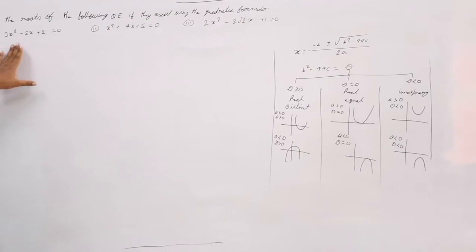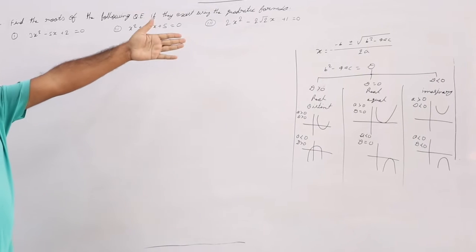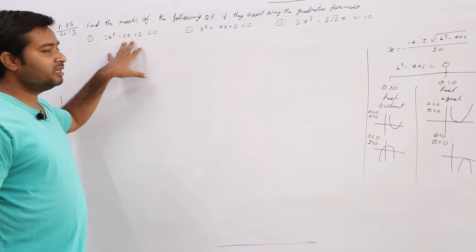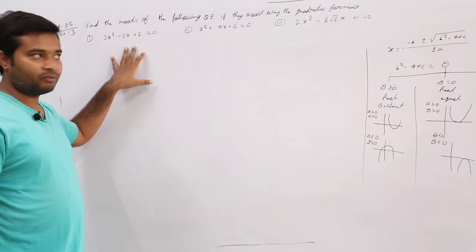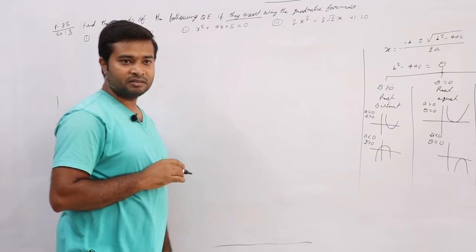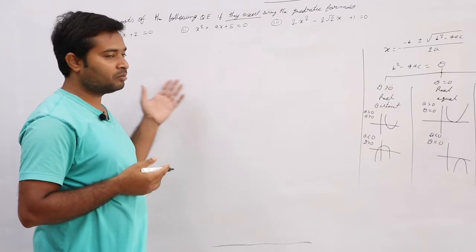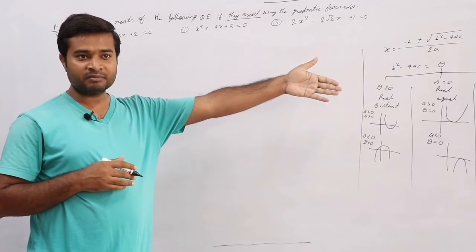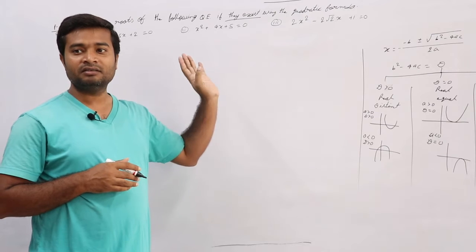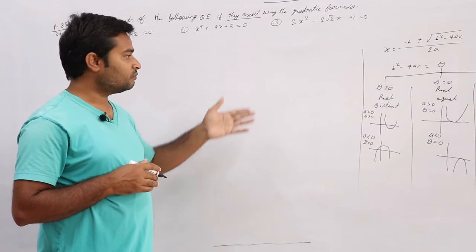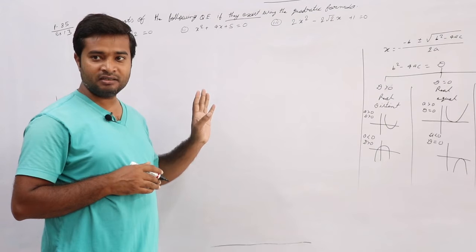Now, coming here, the question says find the roots by using the quadratic formula. Quadratic formula is there, yes? It means first we will check d. What does it say? If they exist. If they exist means first we will check whether d is equal to 0 or more than 0, because if d comes less than 0, we will not find the roots. So first we will find d.